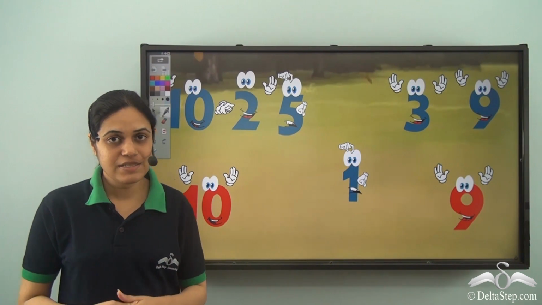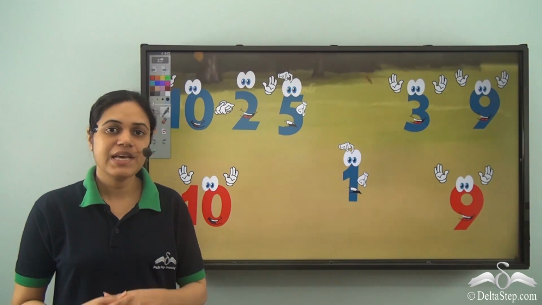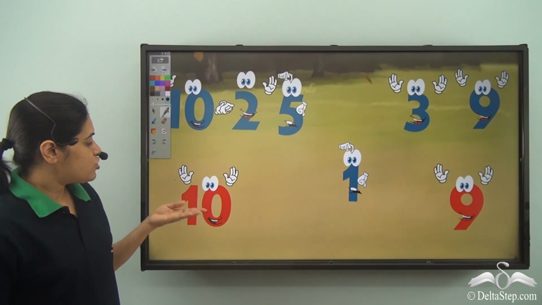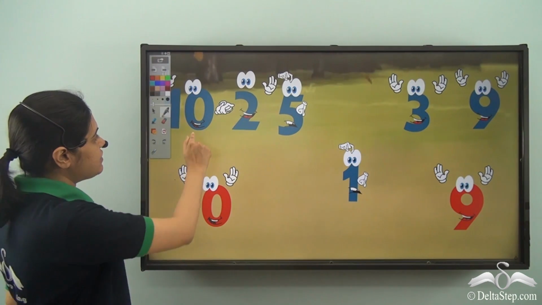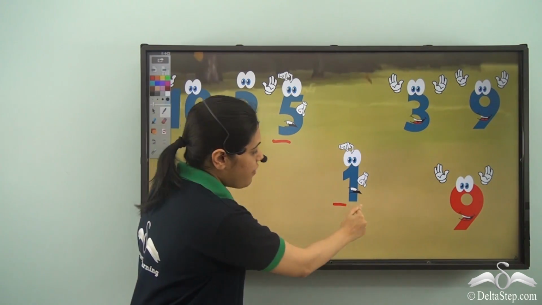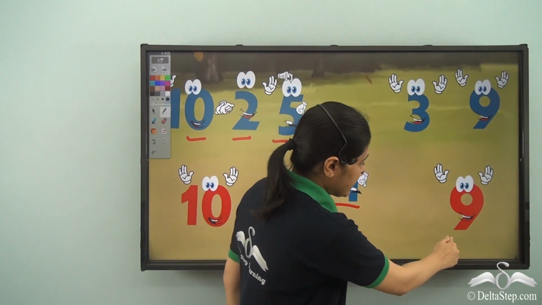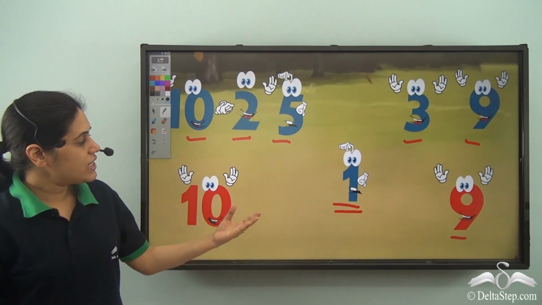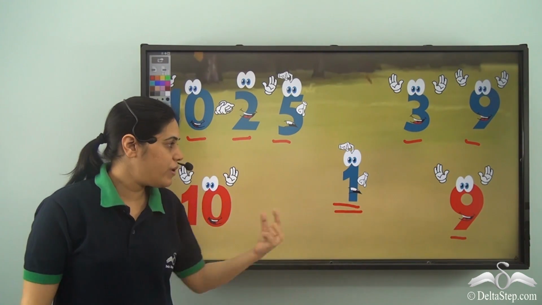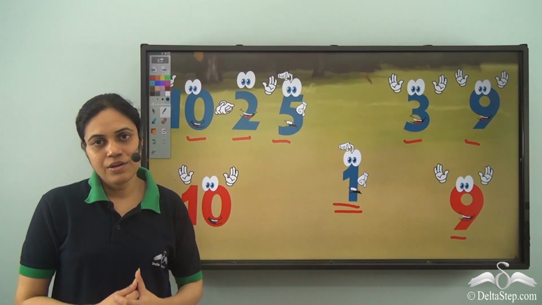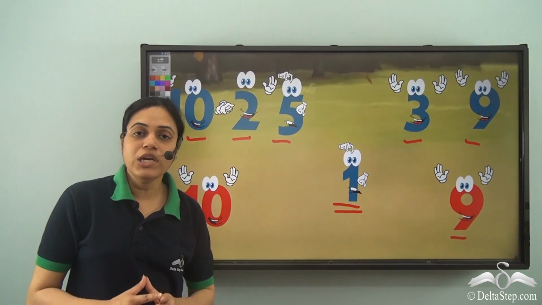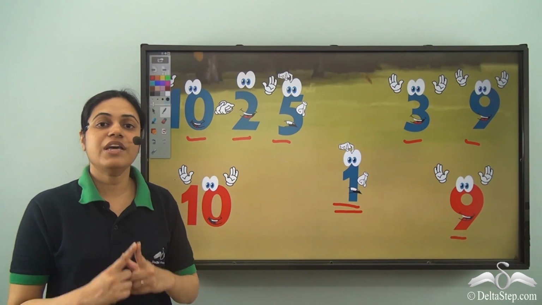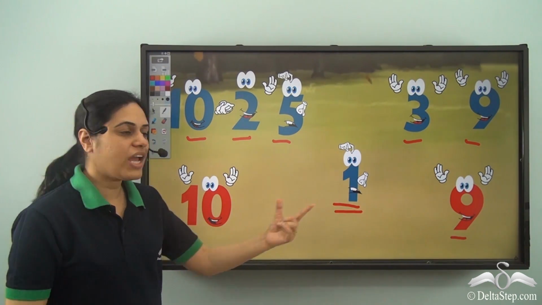That the common factors are the common friends of numbers. That is, they are the factors which are common to two numbers. So if I take the number 10, it has friends 10, 2, 5 and 1. And number 9 has friends or factors 3, 9 and 1. So I see that 1 is a common friend to both 10 and 9. In fact, 1 is the only common friend to 10 and 9. There are no other common friends or common factors of 10 and 9.